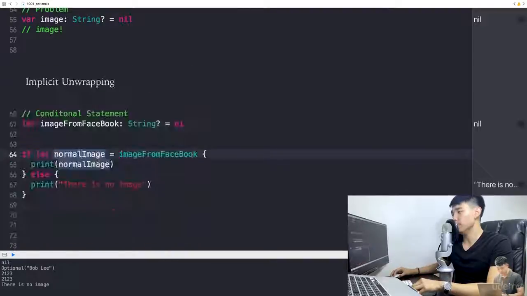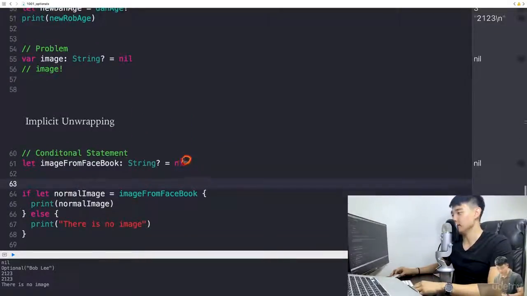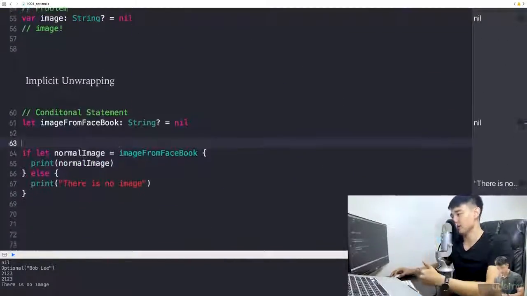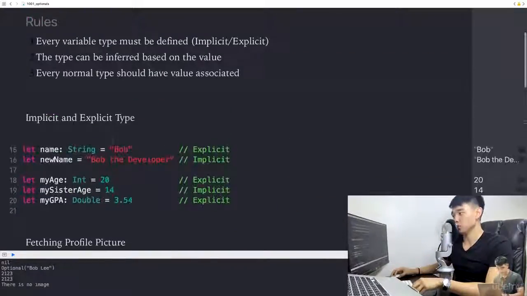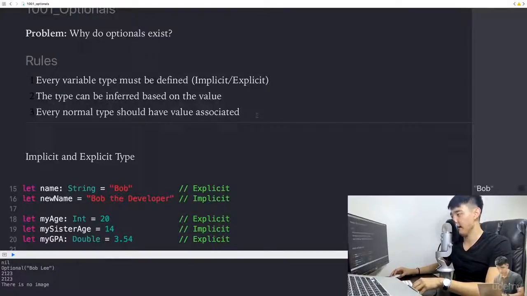We also call this binding, because when you get the value out of the image from Facebook, binding means sticking into it. So you create this normal image constant, you kind of insert it, you assign it to normal image. We call it binding as well, okay? I think I made myself clear, and the unwrapping part is not the most important in this lesson. The most important thing is that you understand the rationale behind these rules, why they came to be,